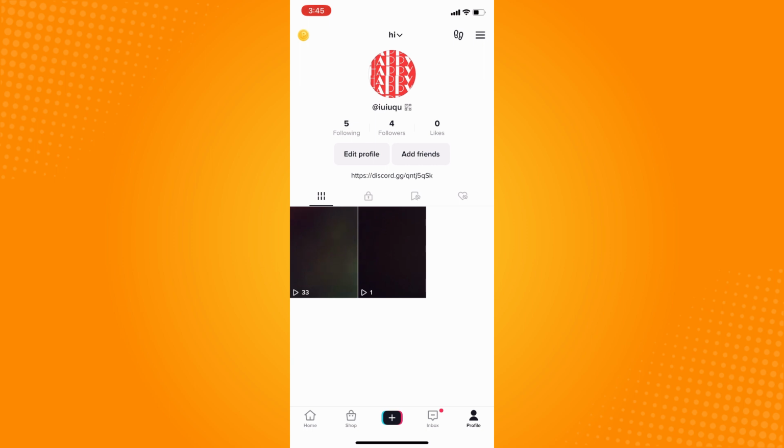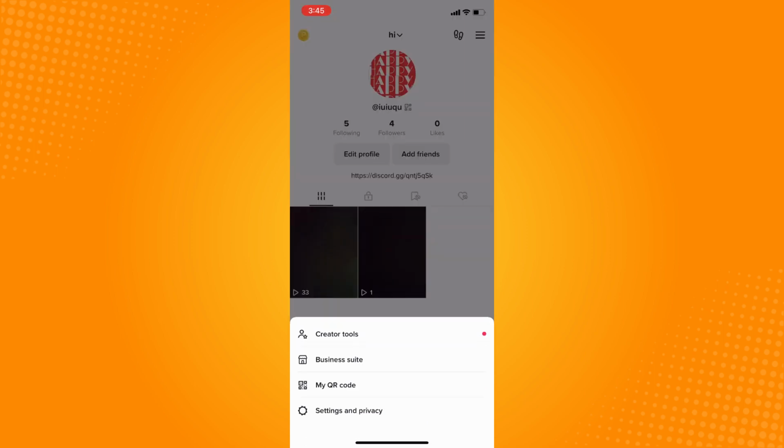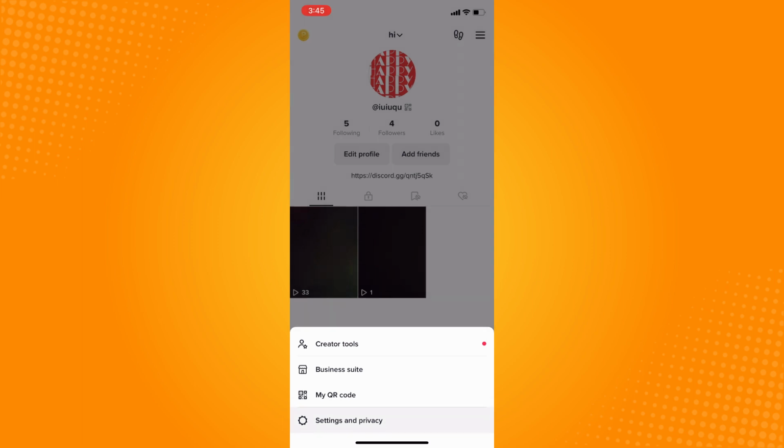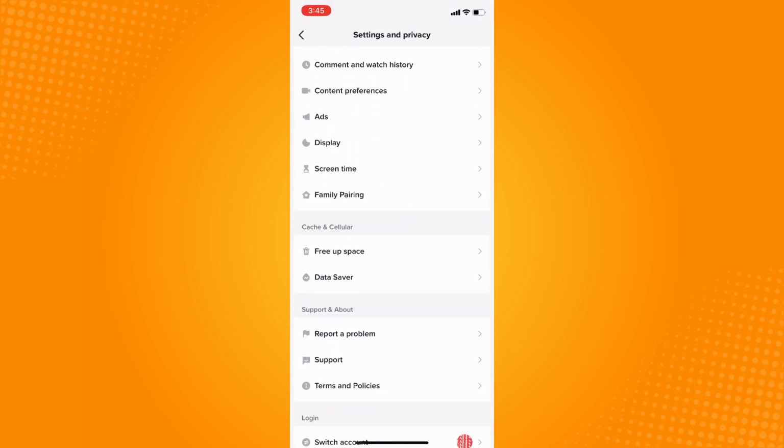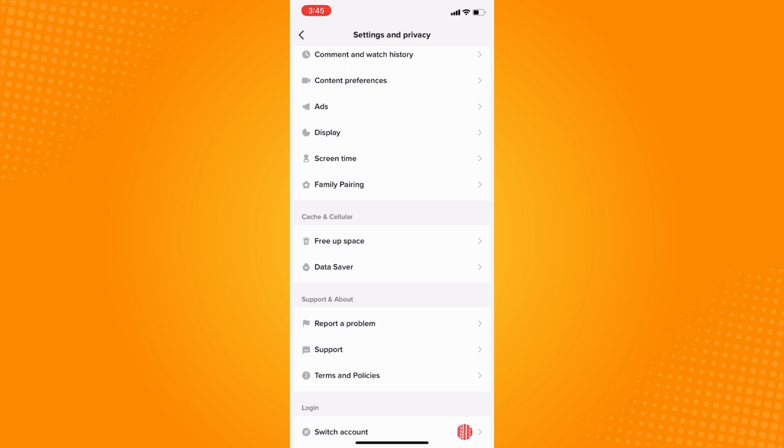on your profile, and on the upper right you will see the three dash lines there. You have to tap on that and go to settings and privacy. Now under settings and privacy, you can go to the cache and cellular section there and just tap on free up space. Now if it's still not working or you still can't follow anyone on TikTok after doing that, then